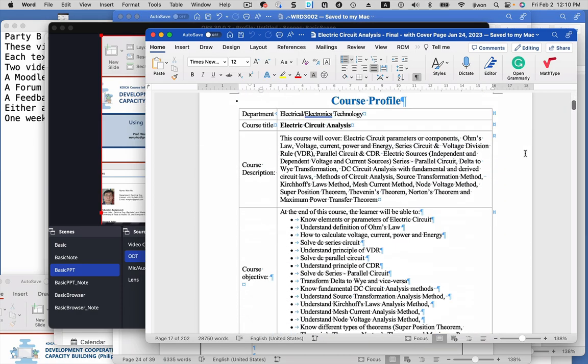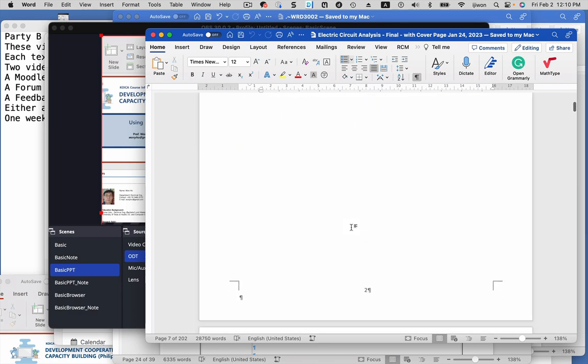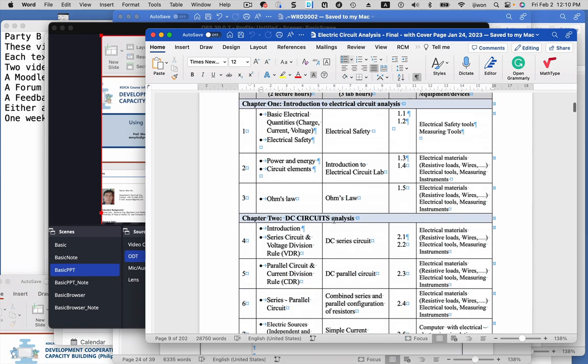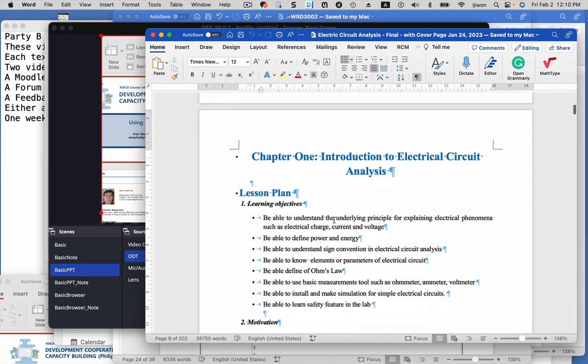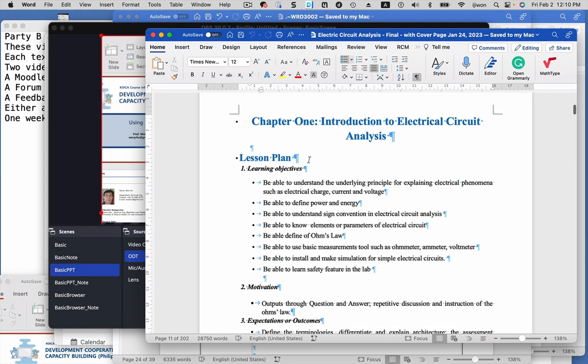Like here you have a course description and course objectives, and down here you have each individual thing and lesson plan. Maybe we put the lesson plan there, but the lesson plan is applied to the chapter, not in section on a weekly basis. So you'd better find the learning objectives by chapters, by week,